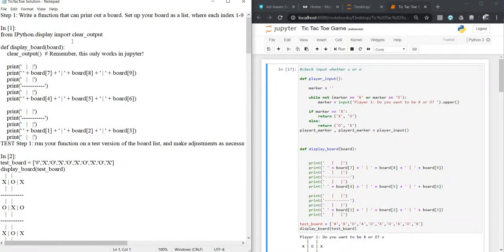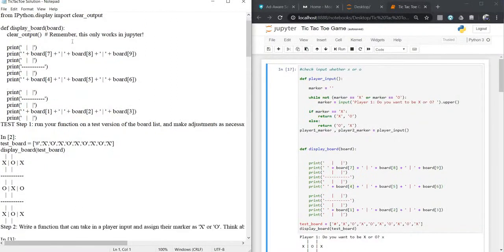Okay, so what we need to do here is define a function. You guys might know how to define a function, so I'm not explaining that here. We need to define a function, and to that function we will pass a variable, board. In that we will clear the output here. We will print according to this.